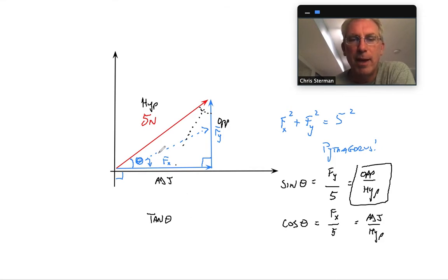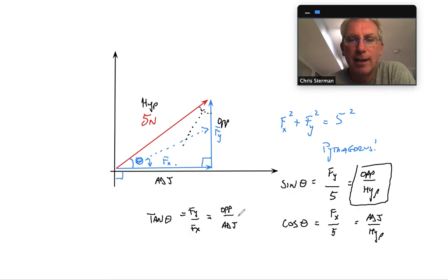So in this case, it will be the f of y over the f of x. So it would be f of y over f of x, or the actual identity would be the opposite side